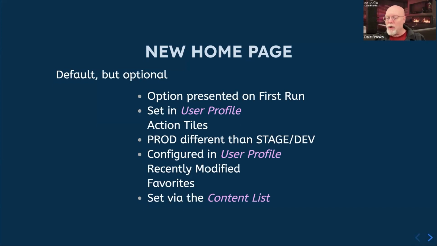I would like to show you the option that gets presented on the first run to choose whether you want to use the home page, which is the default option, or whether you want to revert back to the old workspace view. I can't because I have logged in as every user, so it's all set for all of my users, but there is a screenshot of it in the documentation, in the Navigator UI topic of the implementer's guide in our online documentation. The homepage consists of some action tiles at the top.